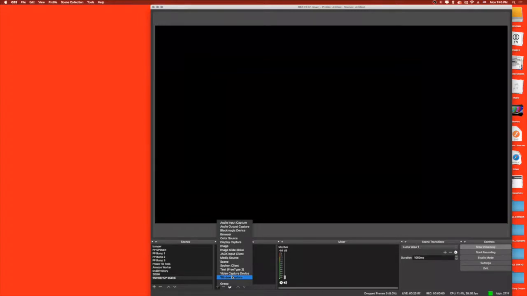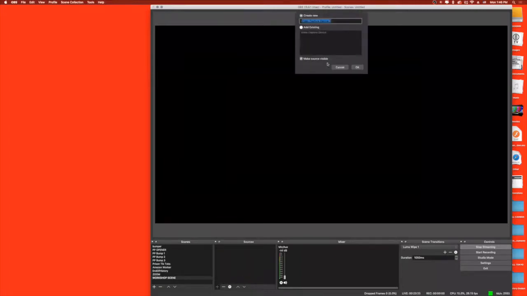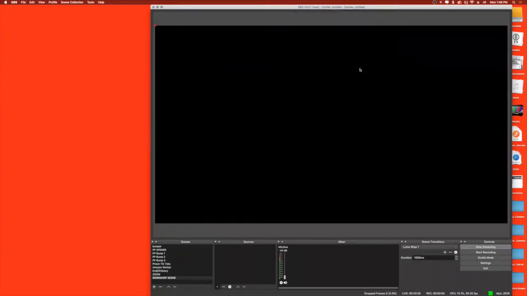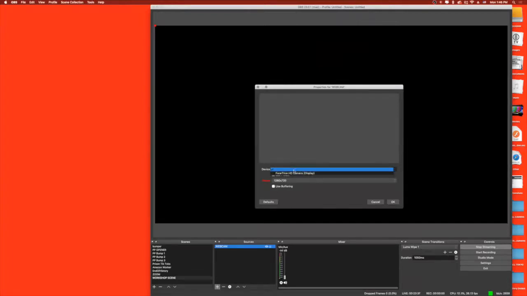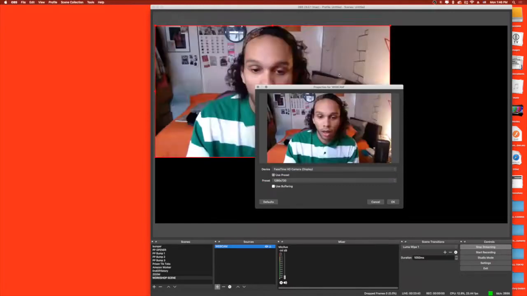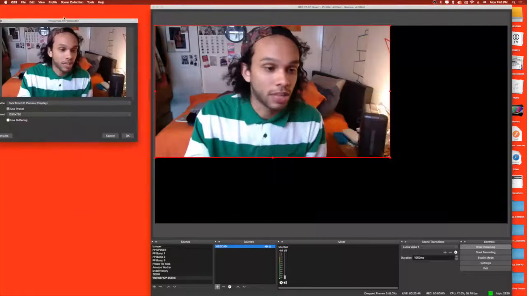what you're going to do is open up this, and go to video capture device right here. It comes up with creating a new one, and I'm going to say webcam. So it'll have a device list of all the connected video capturing devices. Right now, the only thing I have plugged into my computer is the webcam, my FaceTime HD cam. So it's going to pull up